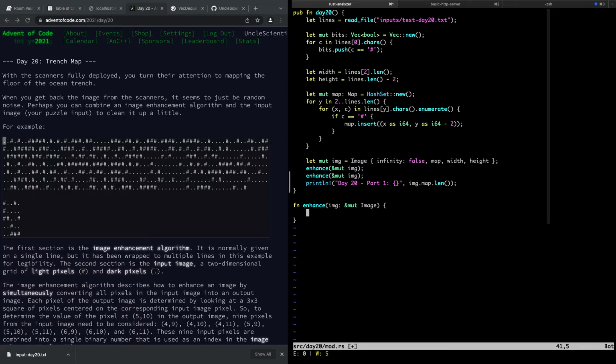So we're going to create a new map. And then we're going to go for y in 0 dot dot image dot height, and for x in 0 dot dot image width,